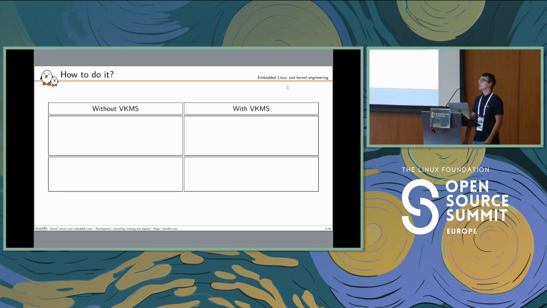So how can we do it? If we take the path without any emulation, you will have to buy some boards, set up the boards, debug stuff, and go back to step one because a user decided to use another laptop, another computer, and another graphic card, and so on. So it can become expensive and very annoying to do, with a lot of physical manipulation. With VKMS, what you can do is just start a virtual machine, set some VKMS configuration, and debug what is